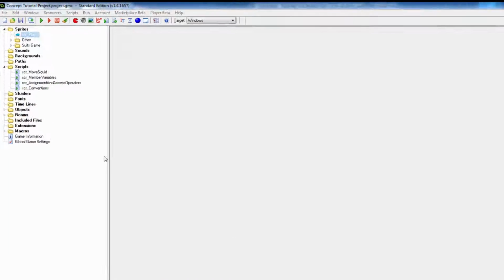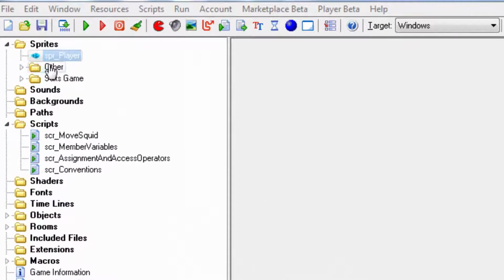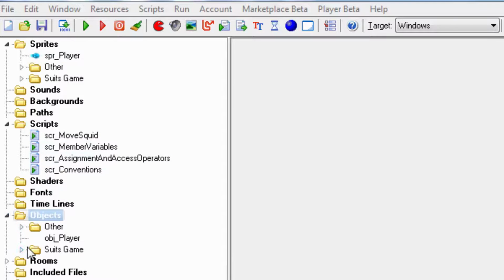Another really important convention to uphold is a naming convention for all of your script files, assets, and other resources that your game uses. In GameMaker, the most common way of naming a resource is by adding an abbreviation of the resource's type to the start of its name. For example, a player sprite would be called SPR_player. This makes it easy to remember what the player sprite's name is if you need to type it in